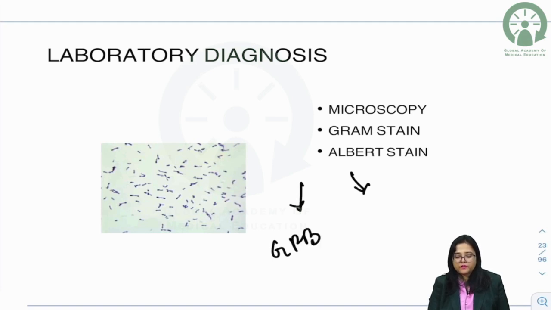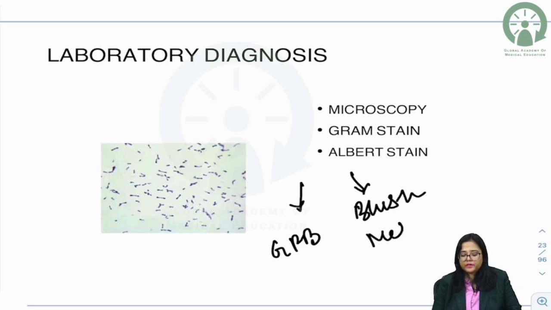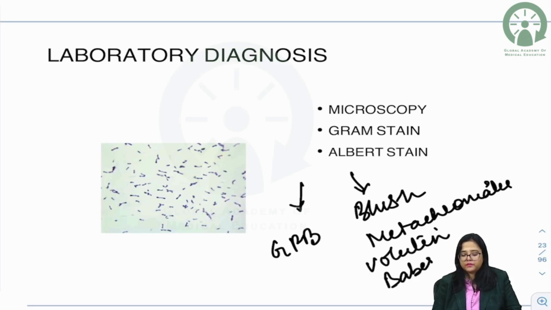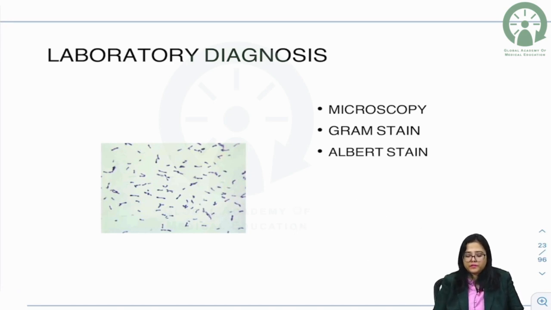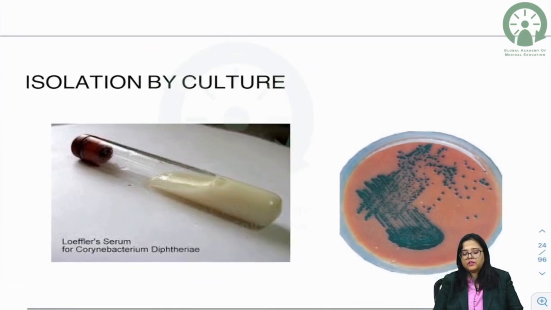So this is an image on the left-hand side of gram-positive bacilli seen in Gram stain, and in Albert stain we are going to find bluish metachromatic granules, also known as volutin granules and Babes-Ernst granules. So it has got a lot of names, and this is the laboratory diagnosis on the basis of microscopy. Next we move on to isolation by culture. So there are 2 culture